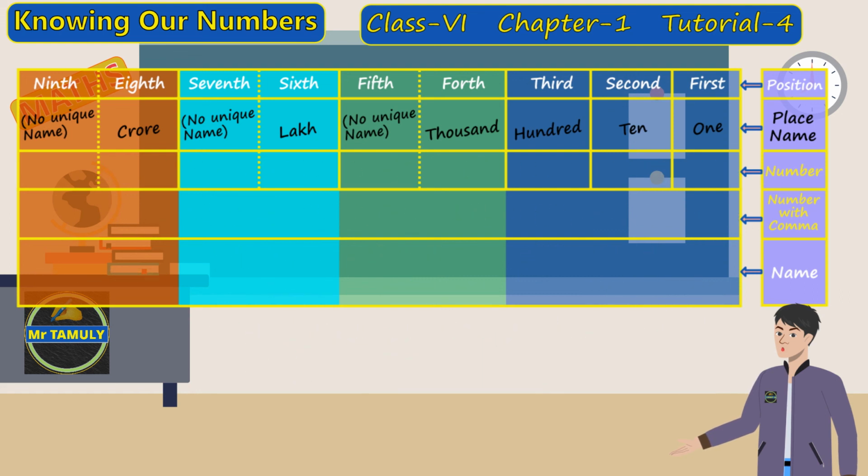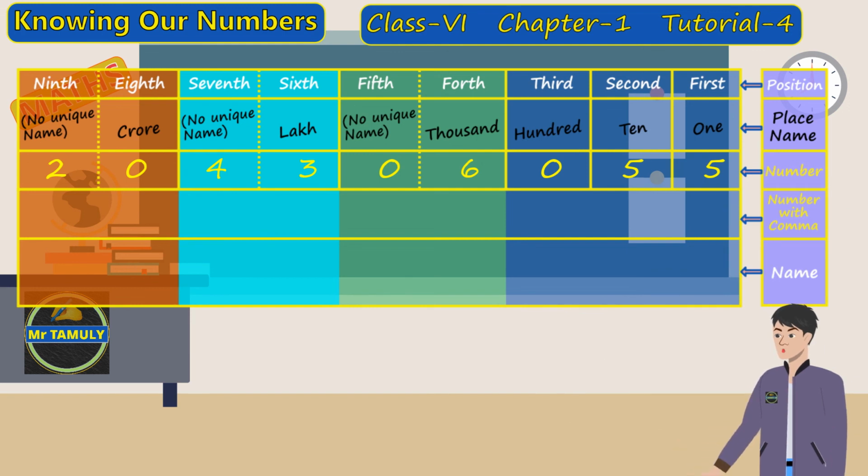19 lakh 65 thousand 826. We shall now take a 9-digit number. The number is 20,43,06,055. Before naming the number, we shall first separate the combined positions using commas. We have already learned in this tutorial that in the Indian method of naming numbers, the 4th and the 5th positions are treated as a combined position. Similarly, the 6th and the 7th positions are merged together into a combined position. Also, the 8th and the 9th positions in combination have the name crore. For convenience, we use commas to clearly distinguish the combined positions. Therefore, using commas, our 9-digit number will be written as